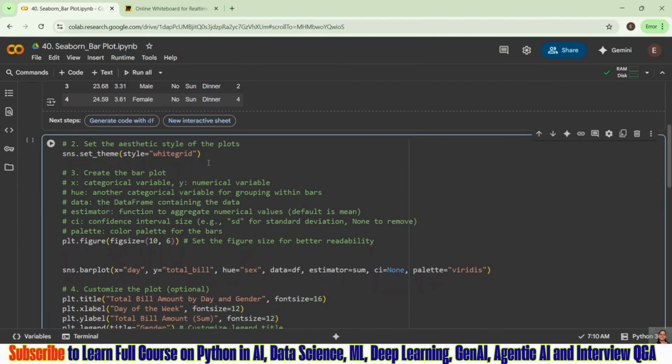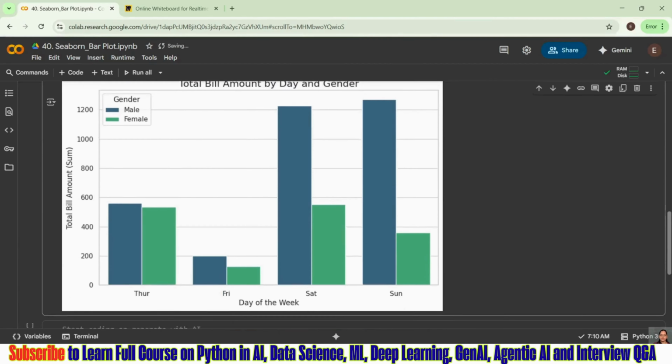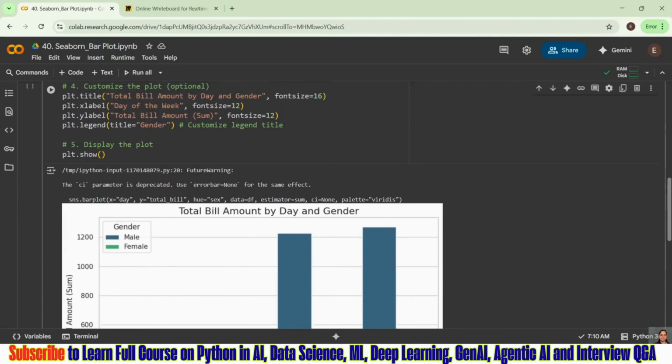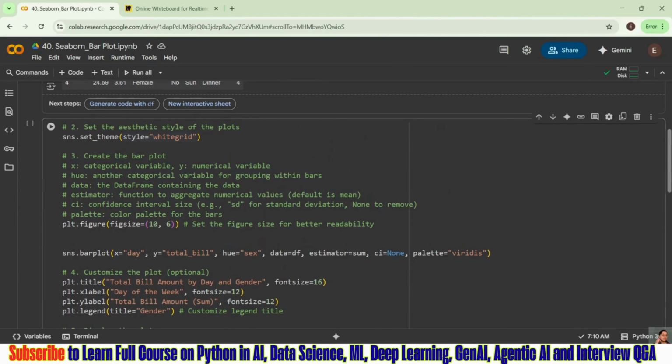First, I am setting the theme of my plot. For that we have sns.set_theme, and I'm talking about whitegrid. If we come down, you can see the theme is completely different. You are not getting the typical grid box here. The theme is coming in a different way. It has horizontal lines, no vertical lines. That means I have not taken any other grid, I have taken this theme. If you want a grid, then you can just keep plt.grid.